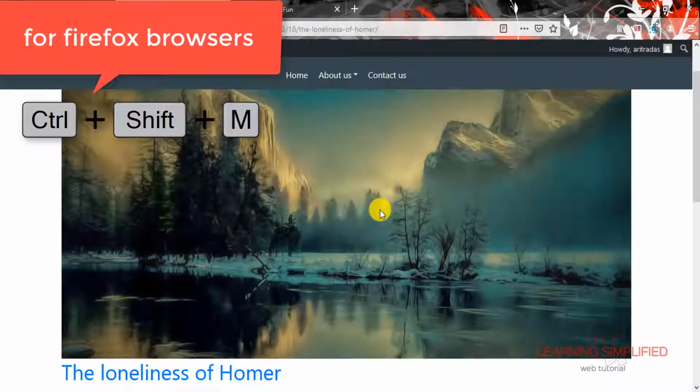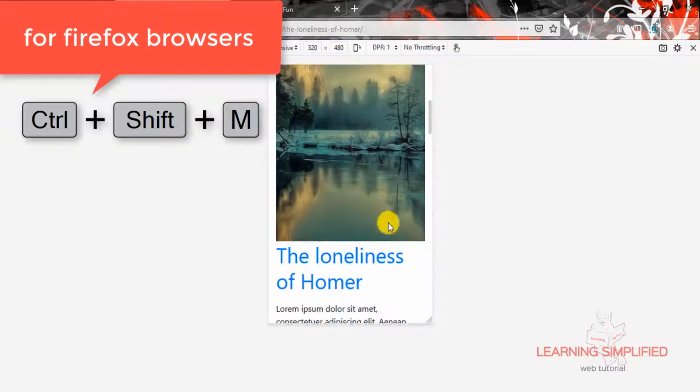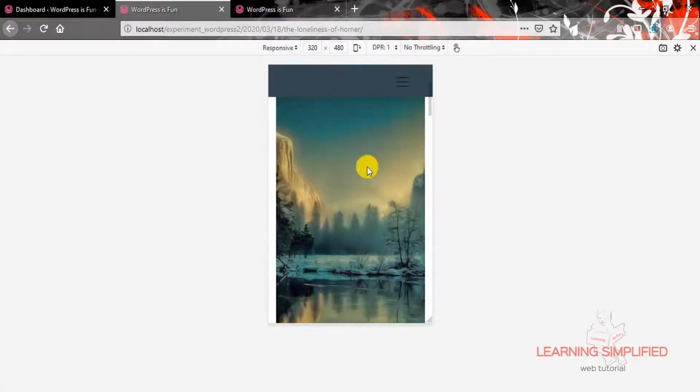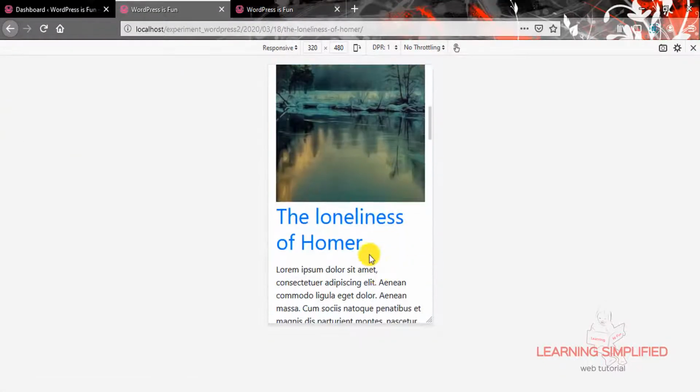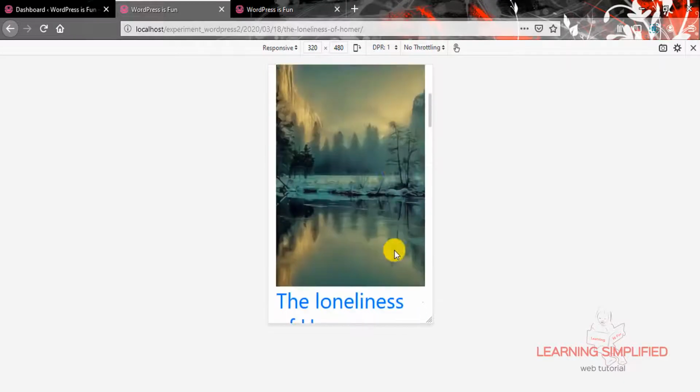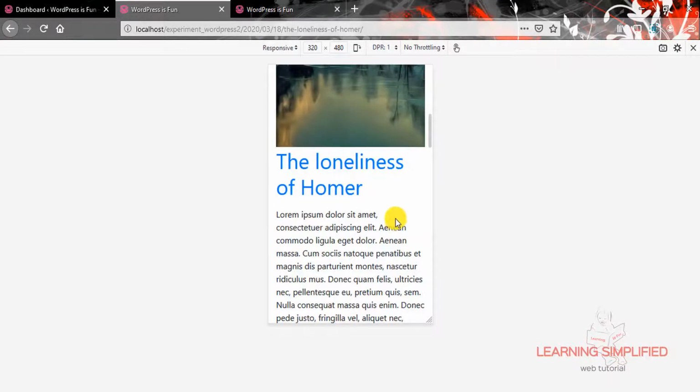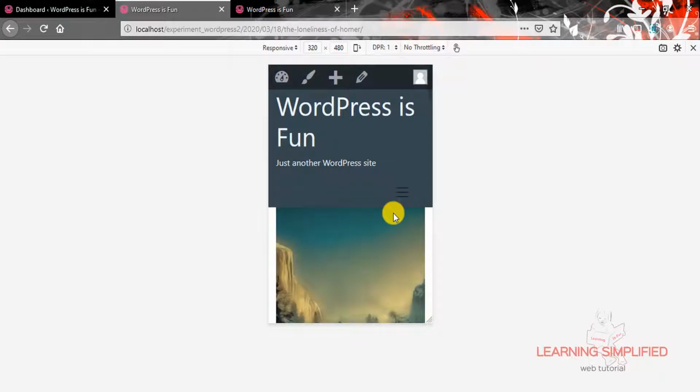Now if we press Ctrl+Shift+M, we can see that the div is right back in its position. It has been practically aligned in the same manner as it should have been. So additional customization can be done with the aid of this @media query. If we wish to have some additional feature here, we will be viewing it later.